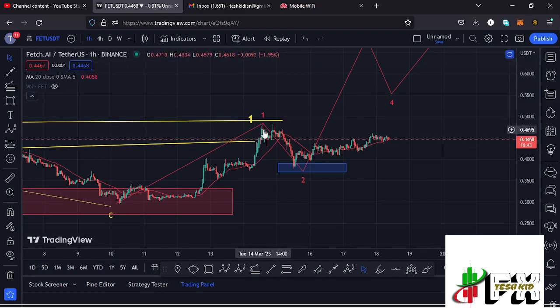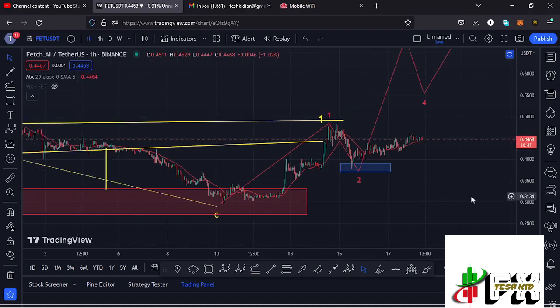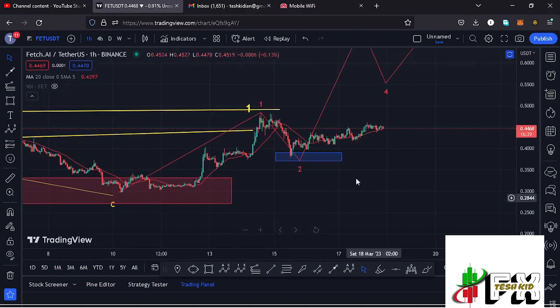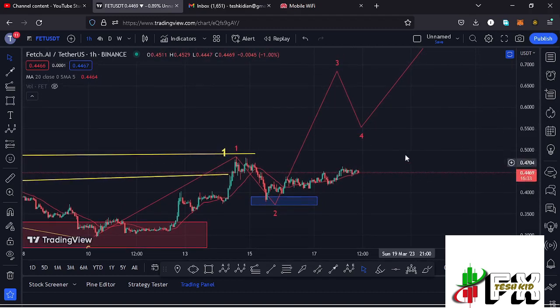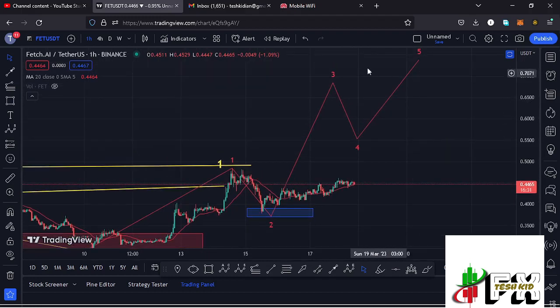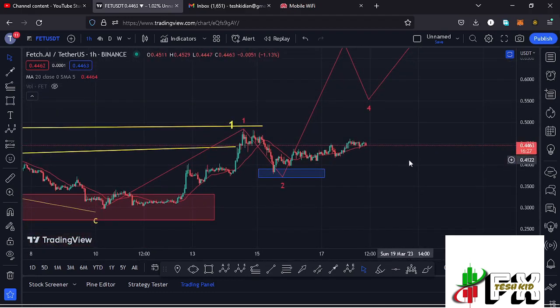And after seeing the high for that wave 1, we started a corrective structure in the formation of this wave 2, in a move that managed to get into the minimum retracement area. And after seeing the low for that second wave, whatever we expect next is an impulsive wave to the upside in the formation of this wave 3, and sketching out a target area in the formation of that wave 3